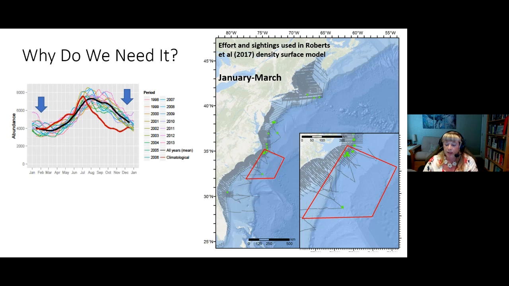This is the black line here in the graph, and then also using covariates from long-term climatological averages, and this is the red line in the graph. And as illustrated in this graph, which is showing us predicted abundance on the y-axis and then month along the x, we can see that both model types showed a summer peak and a winter low in mean abundances predicted